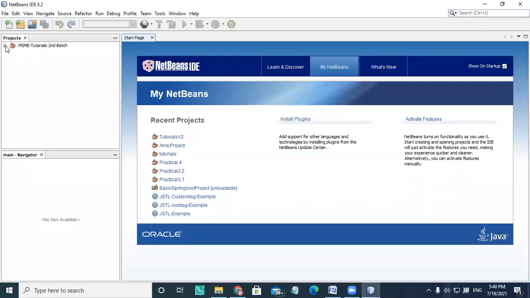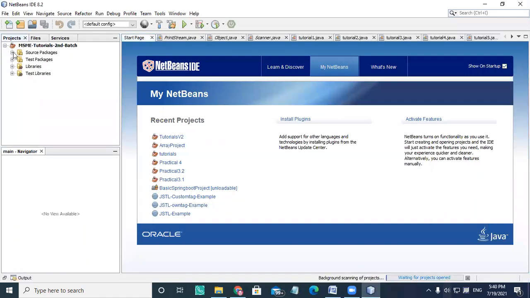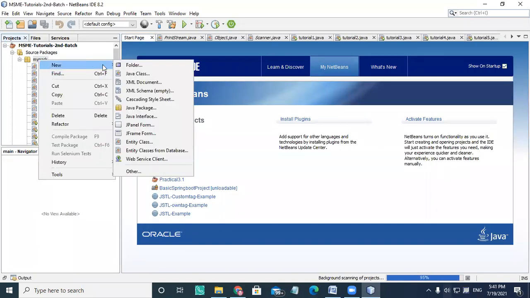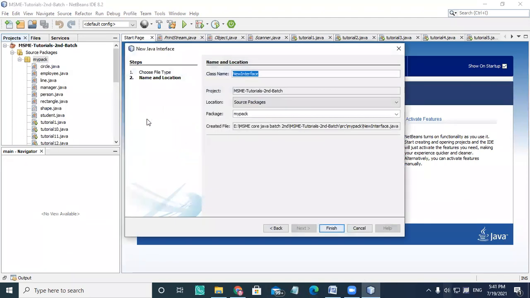So now, instead of creating tutorial number 25, I'm going to create my interface. I'm pressing right click here in my package. You will get something called Java interface. Previously we were defining a Java class, now I'm creating a Java interface.